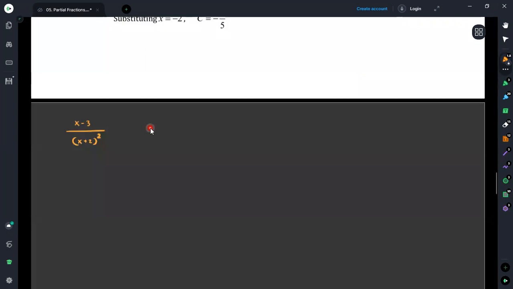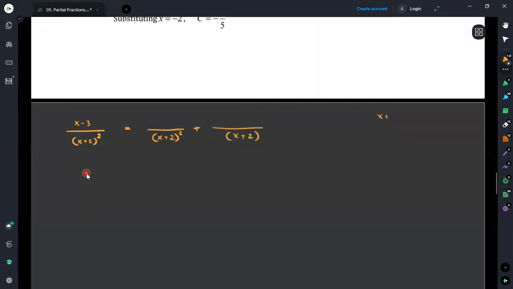What we are going to do here is, here we are having a repeated factor. Since it is a linear factor, even though it is repeated, it is a linear factor. We are having x plus 2. Then we can start from the highest order we are having. Here we are having x plus 2 squared. Then we have to write the partial fractions in a way that the power is reducing up to 1. Here we are having x plus 2. Therefore, there should be only 2 partial fractions.